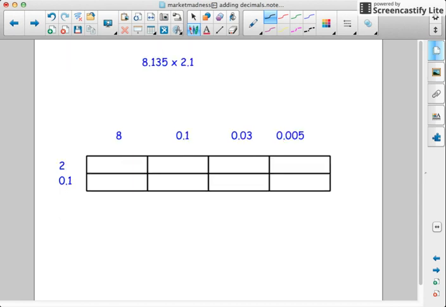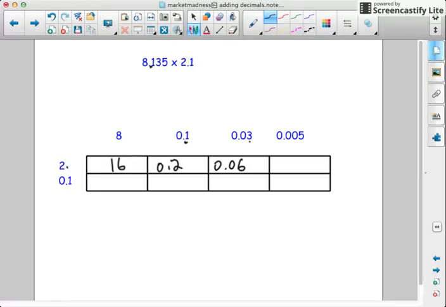Okay, let's do another example. So I split each one into its place value, basically writing it in expanded form. 1/10 here, 1/10 here. These ones all match up with the zeros included. So 2 times 8 would give me 16. 2 times 1 is 2. 1 decimal place, so it's actually going to be 0.2. 2 times 3 is 6 with 2 decimal places, so it's going to be